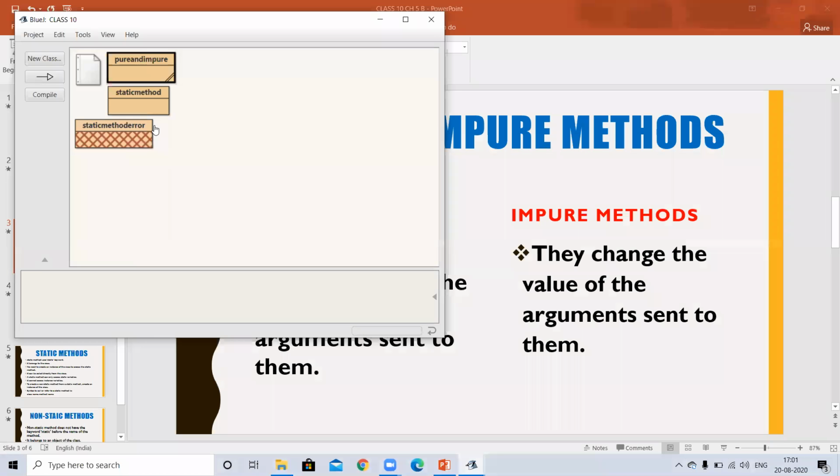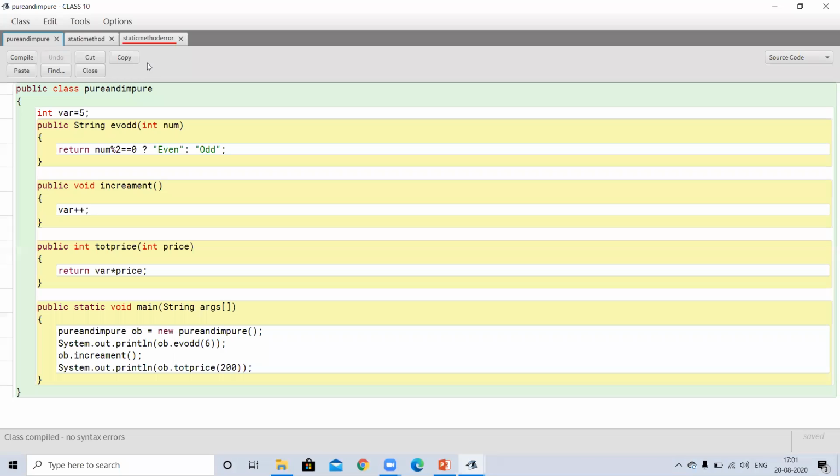Because before the execution of the last function, this last function total price, it will execute first where var plus plus means the value of var is now affected. It is increased from 5 plus 1, 6. So now the new value of var is 6.